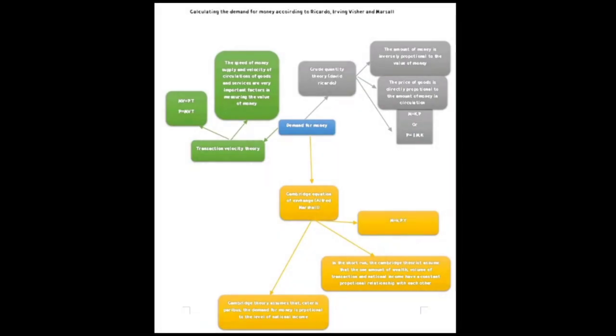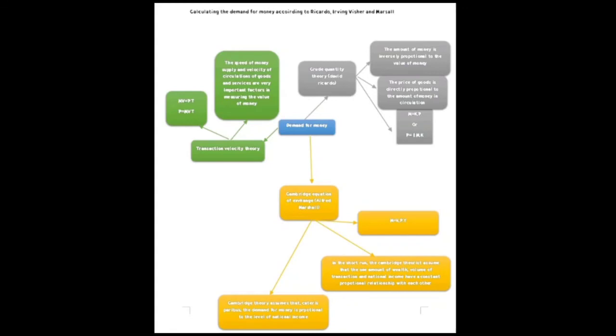There are calculations of the demand for money according to Ricardo, Irving Fisher, and Marshall. Demand for money based on David Ricardo's crude quantity theory. First, the amount of money is inversely proportional to the value of money. And second, the price of goods is directly proportional to the amount of money in circulation,